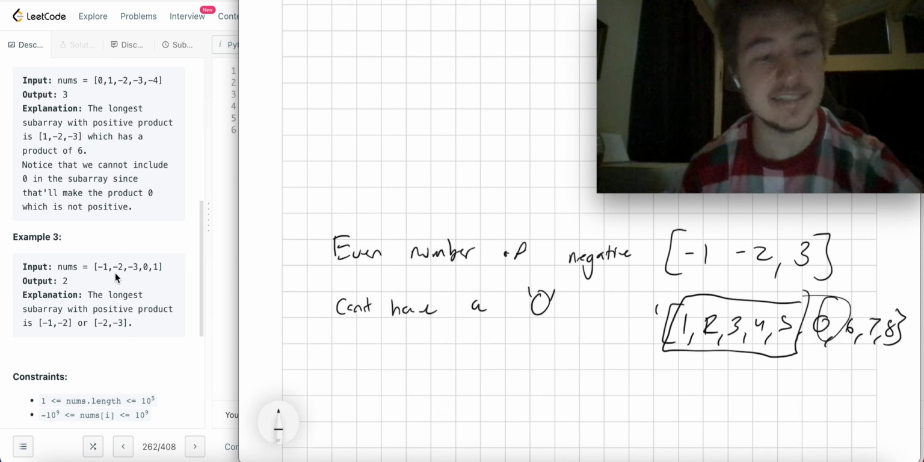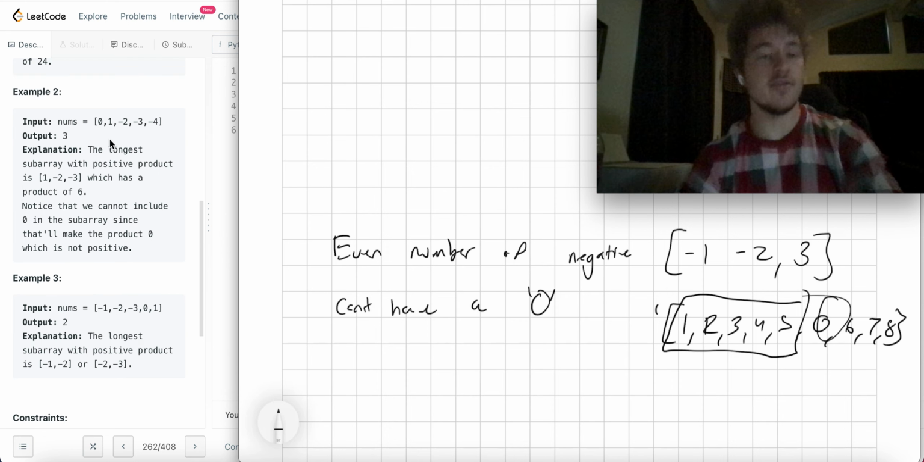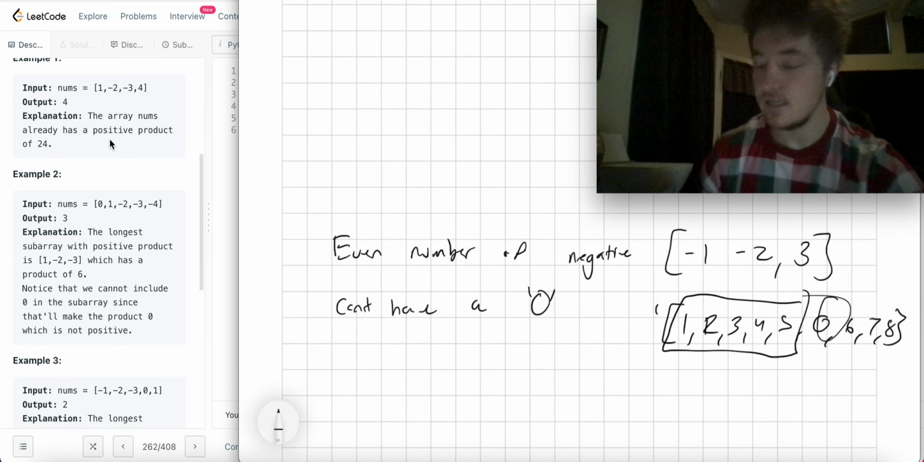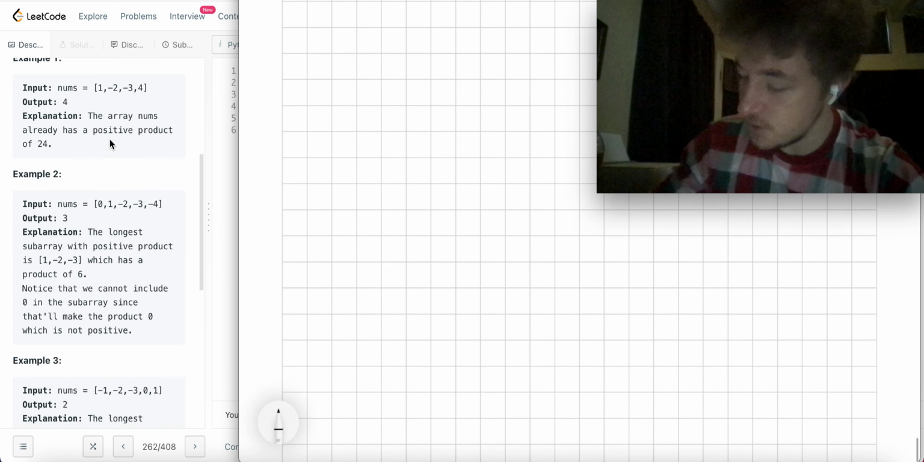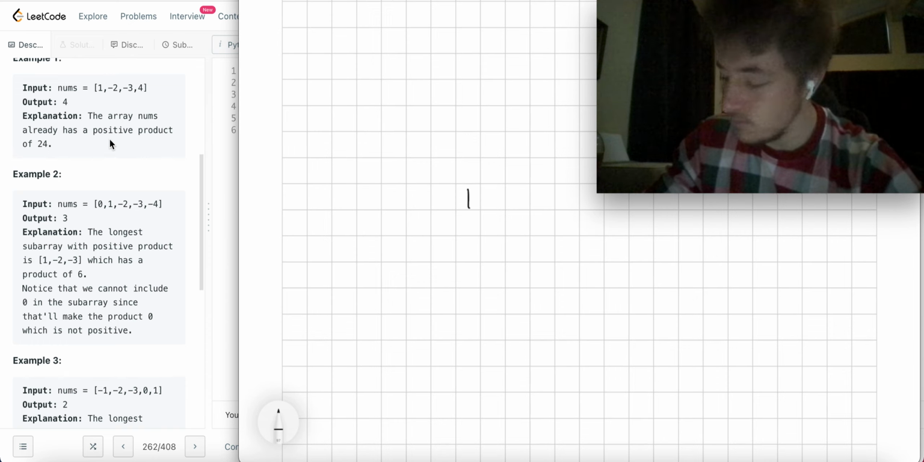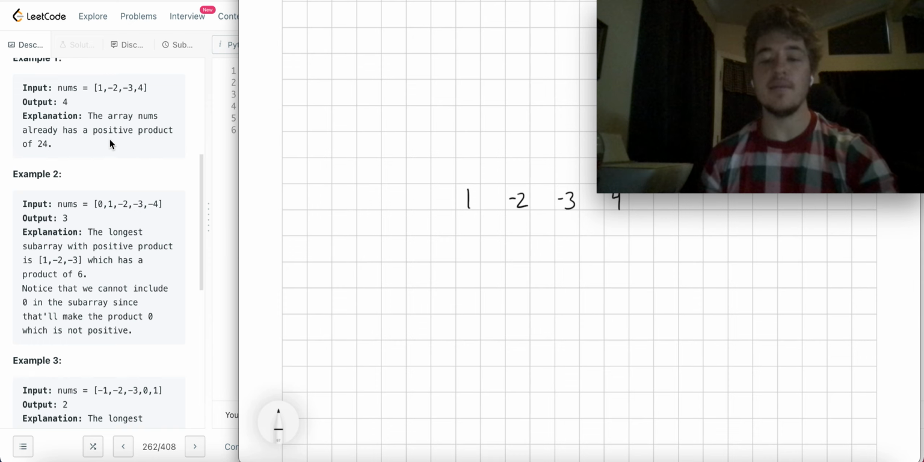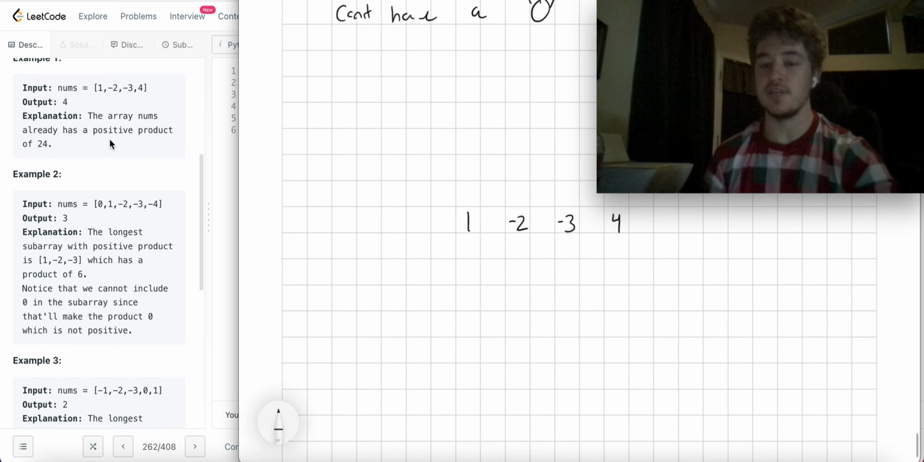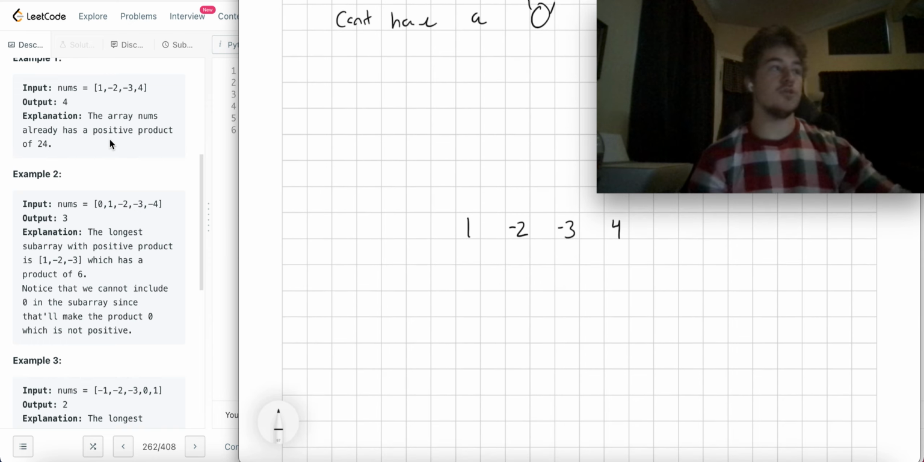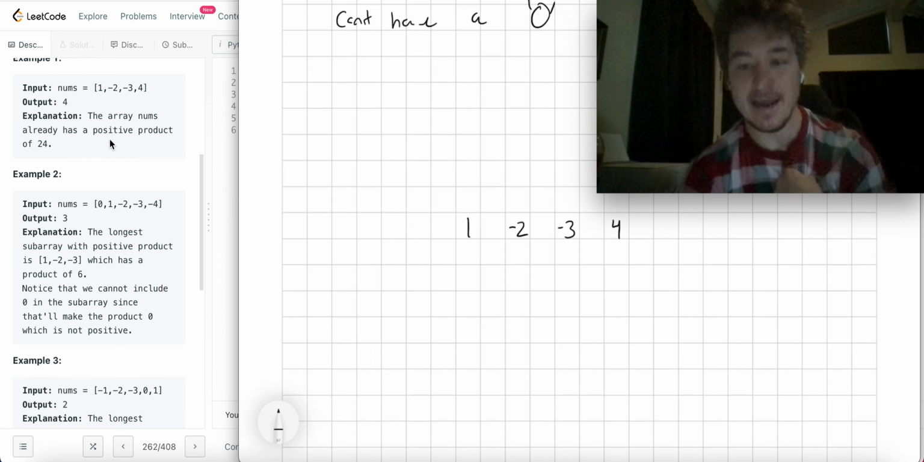I guess the idea here, I'm trying to think of which one of these examples would probably be the best to look at. Maybe this 1, 2, 3, 4. Let's just look at that. So let's look at 1, -2, -3, and 4. Now, one thing about this problem, I guess, which is interesting, is just because something's negative now